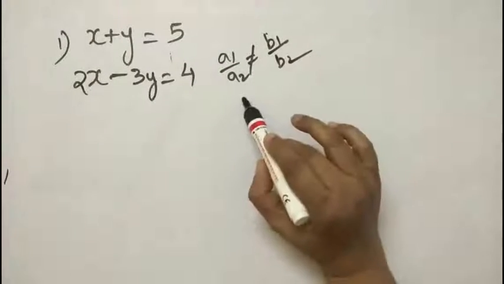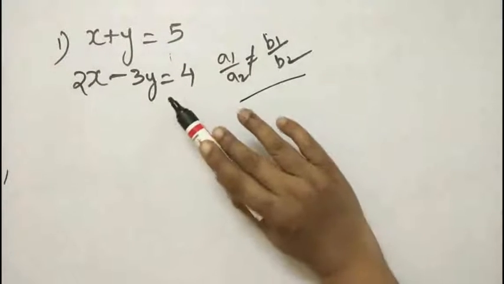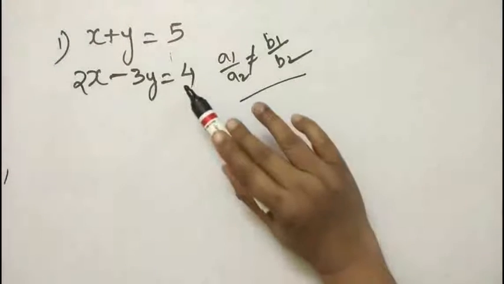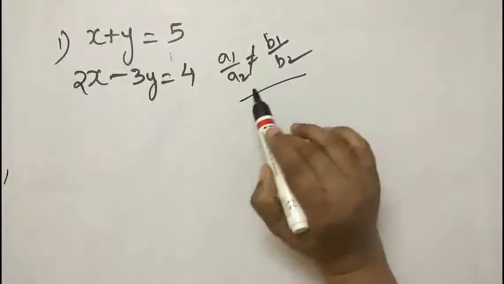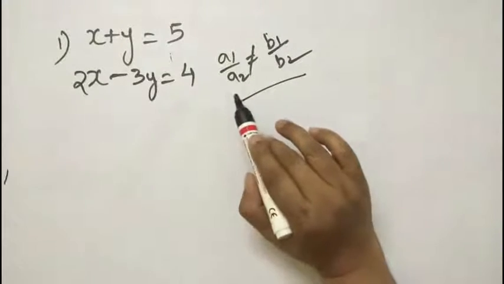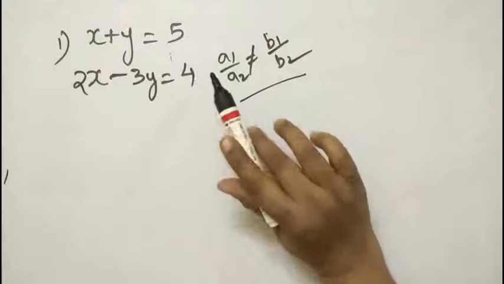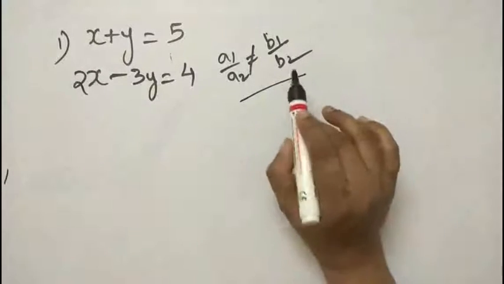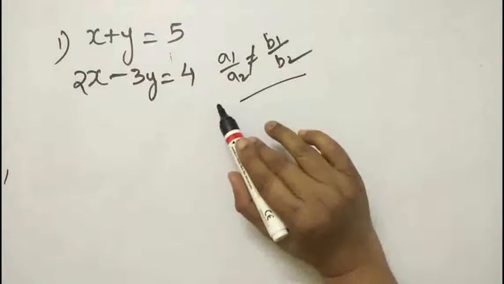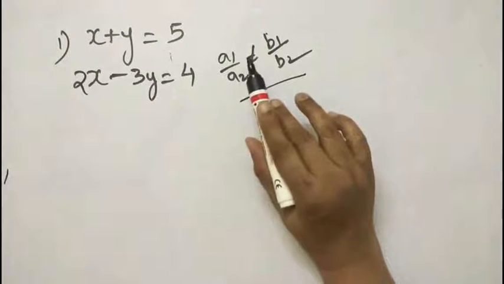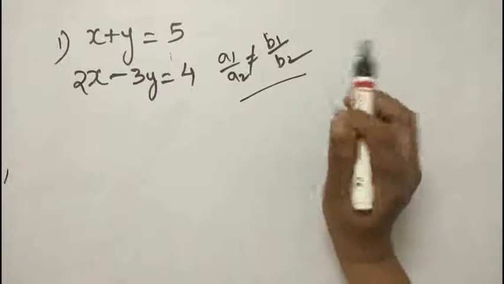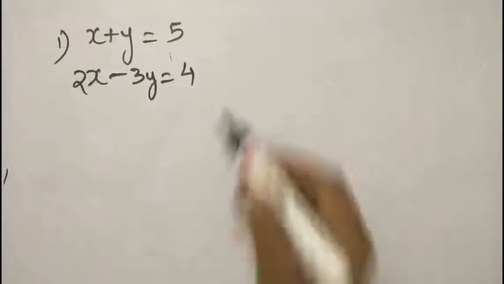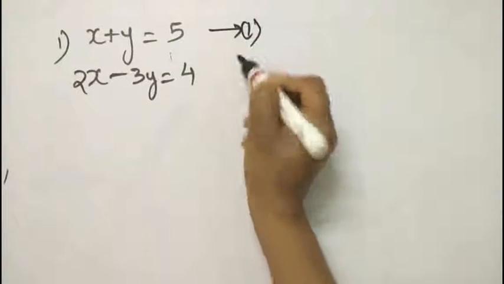If this is the case, then definitely they are intersecting lines, as we have studied in previous videos. If they are intersecting lines, we have studied that you will get the values of X and Y. After using the elimination method, if you solve these two equations, you will get the values of X and Y. Let us solve the equations using the elimination method and get the values of X and Y. Let it be equation 1 and equation 2.